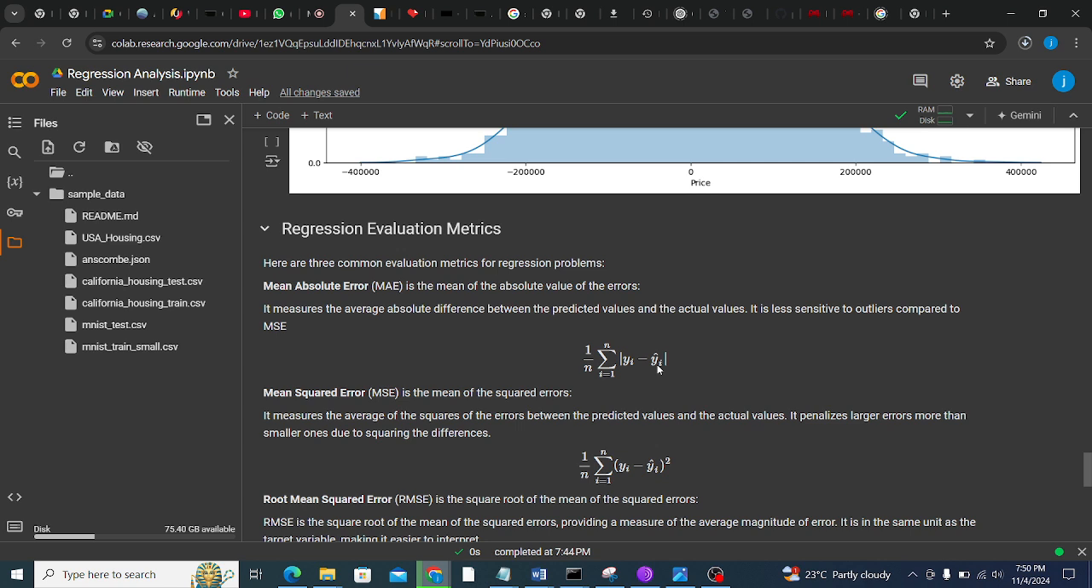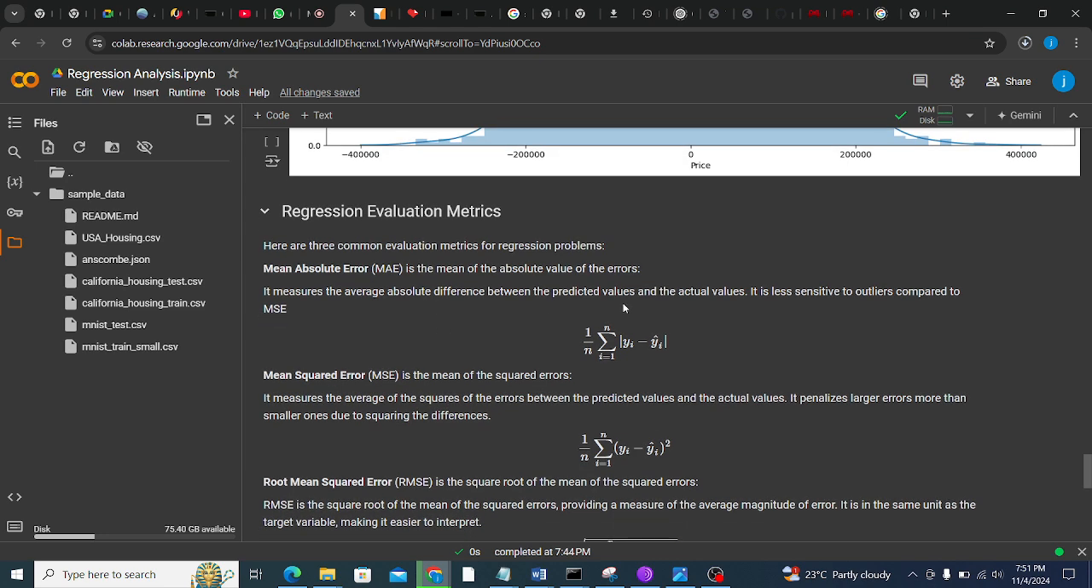You just check the actual values and the predicted values. After doing the difference, you just check the average. And we are saying that it is less sensitive, I think that is the best term to use. It is less sensitive to outliers compared to the MSE, because you notice that